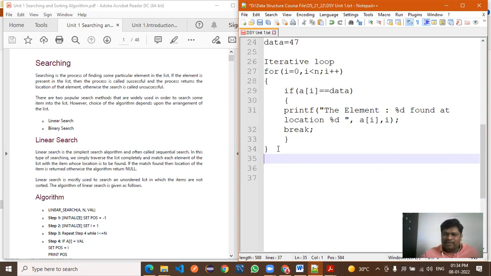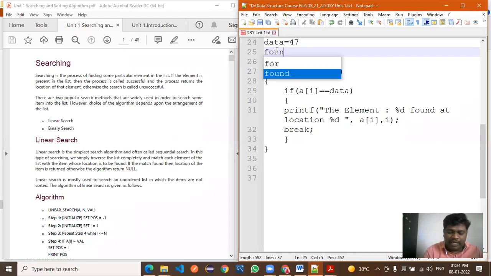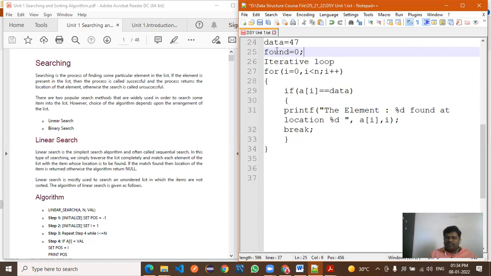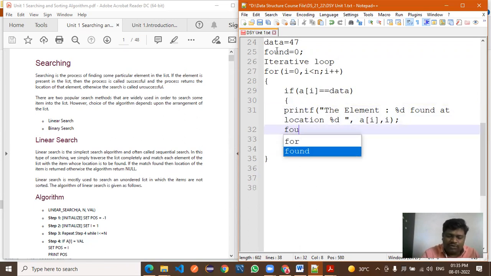We'll declare one flag or any variable we'll consider. So can I take a found variable here? We'll take one simple variable found, and the initial value of found is equal to 0. Now, if you found the element, then what you are doing? found equal to 1.